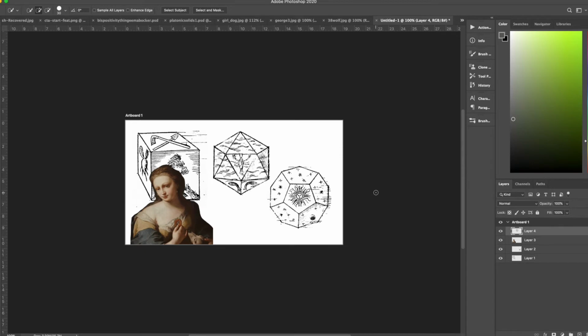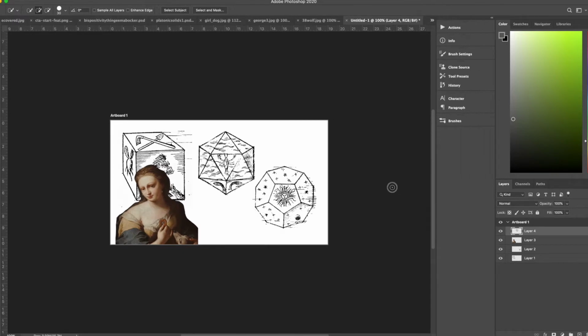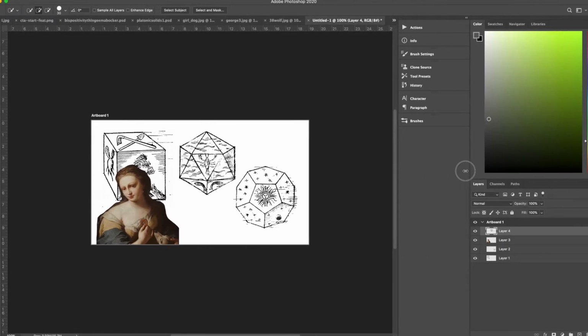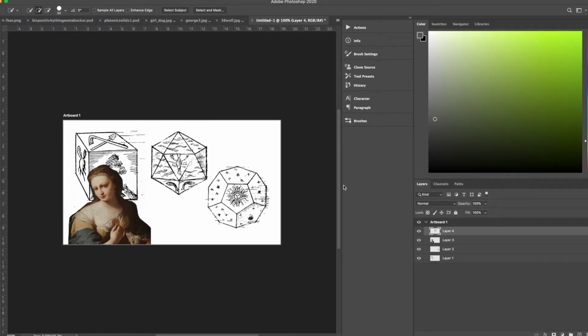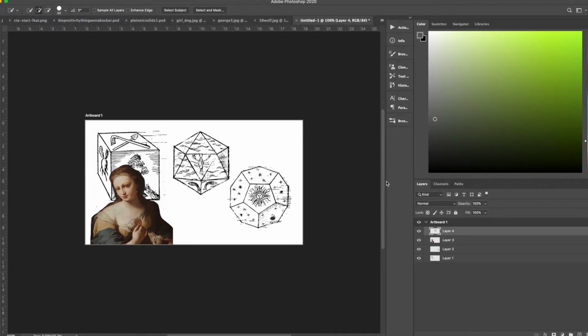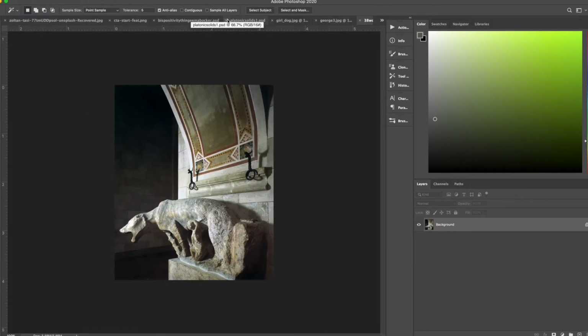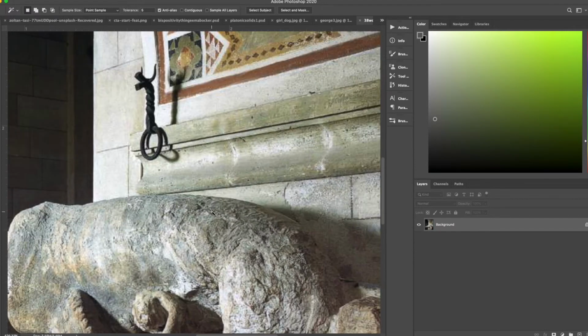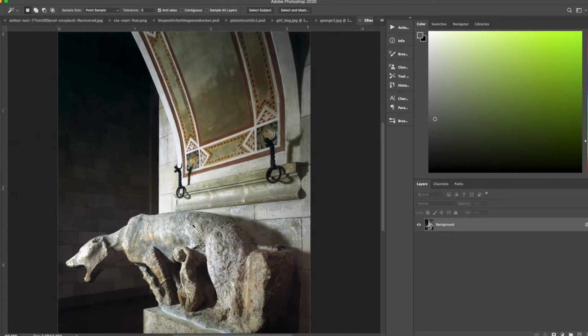It's the same assignment to explore advanced selection techniques, and these will come into play quite a bit. These are pretty much the only things that I use when I'm trying to do refined selection. I really don't like the magnetic lasso. Even when I was demonstrating it, the magnetic lasso and the magic tools, they just don't really work that well. So I'm going to show you some advanced selection techniques, really the best selection techniques, and sort of how to